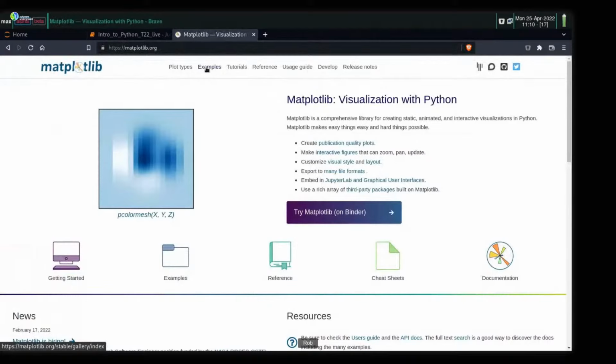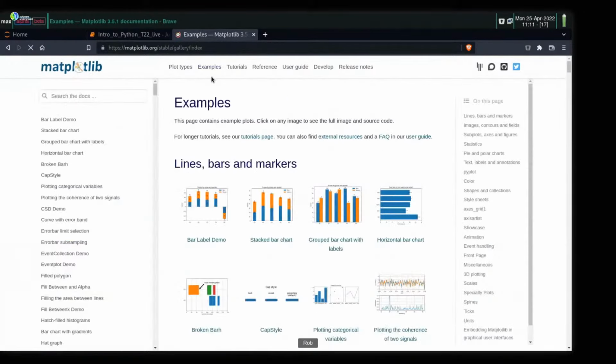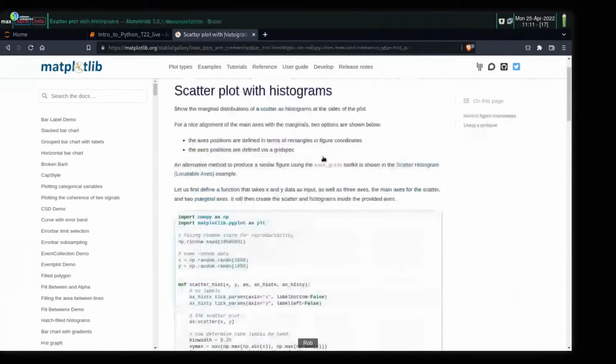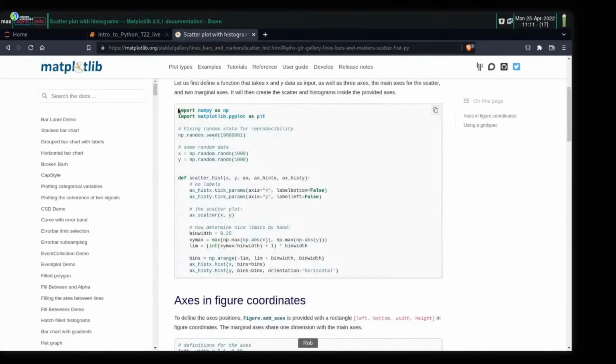But if you go to matplotlib.org and then go to examples, you see that there's a large collection of pre-written plots that you can choose from. And if you wanted something like a scatter plot with histograms, if you click on there,